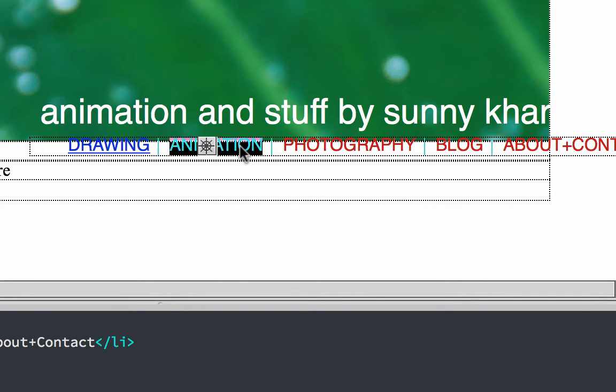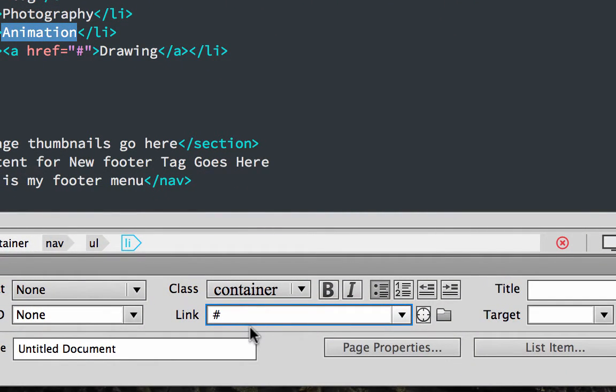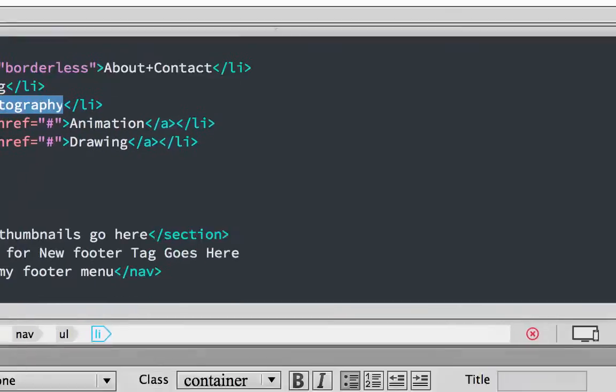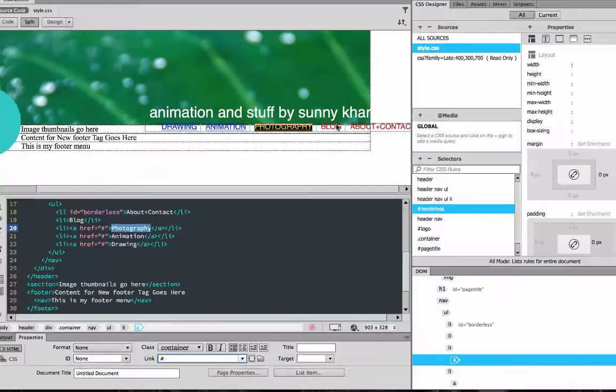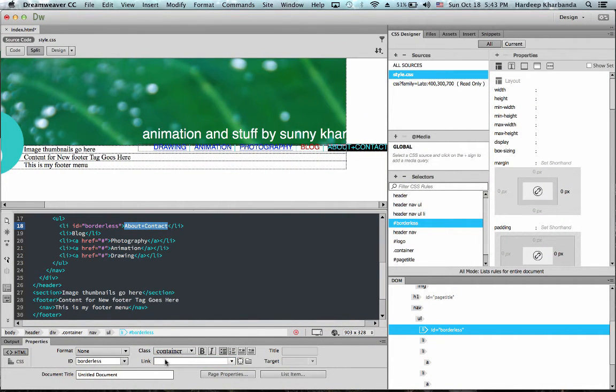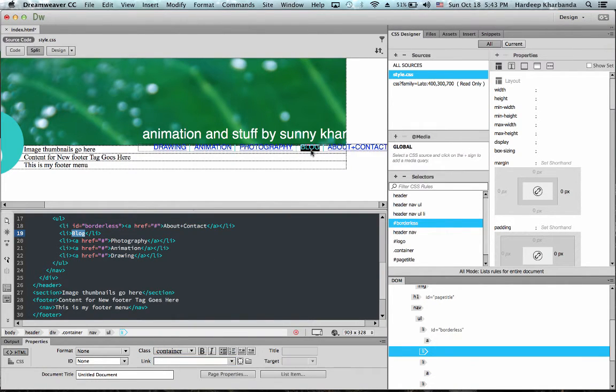Again, for animation, I don't have my page created yet, so I'll add a dummy link. Same thing for photography and for about and contact. For blog, I actually have a blog, so I'm going to go and link to my blog.